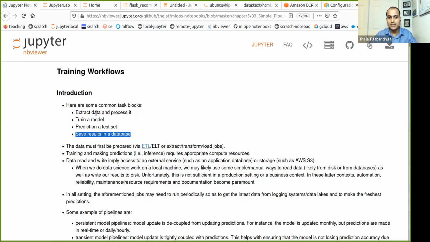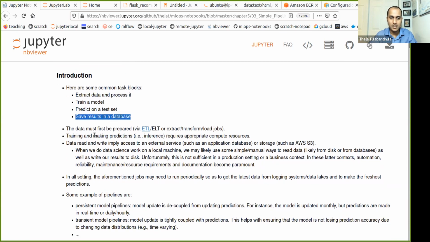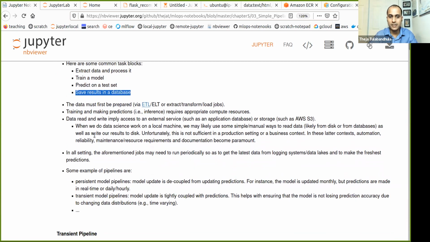So typical blocks that you'd see, and they themselves will have a lot of specific subtasks: extracting data, collecting data, processing it, training a model, predicting on a specific test set, which itself can be changing over time, and saving or dumping this result somewhere. Okay, maybe serve it using a Lambda function, maybe put it in a MySQL database, those types of things.